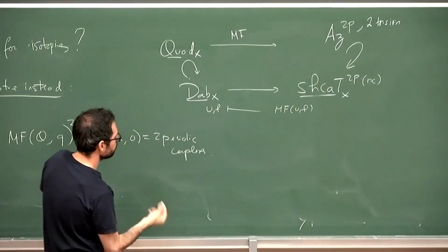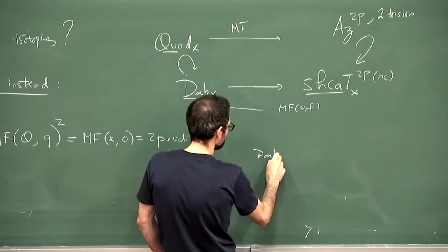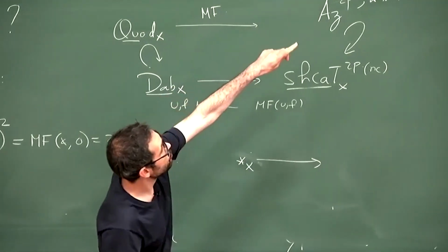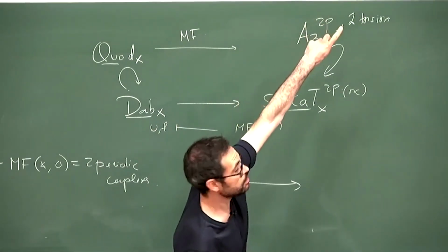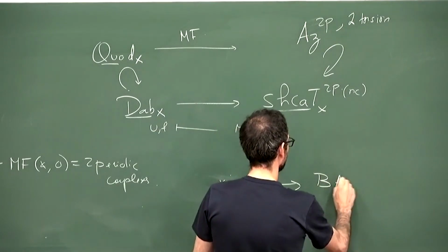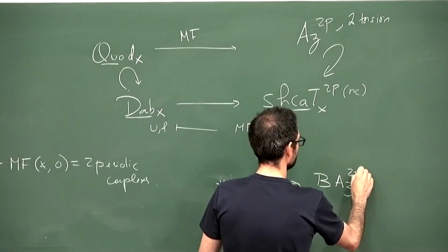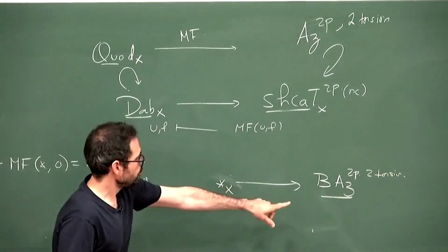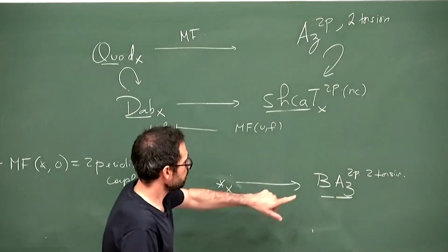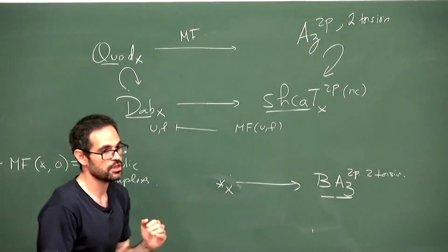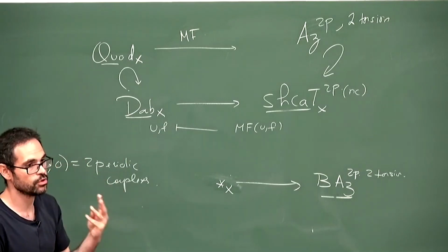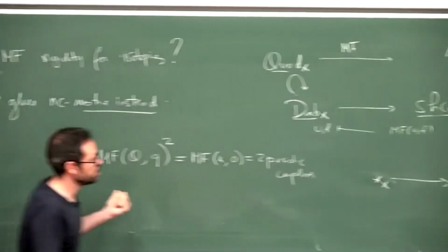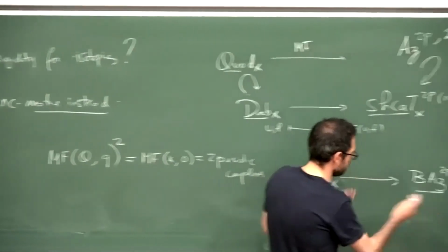But what is really going on behind the scenes now is that the orientation that you're going to get, before it was classified by B of the group that acted, and here it is classified again by B of the group that acts, 2 periodic, 2 torsion. So you have to compute the motivic groups of this stack, and you're going to see that because of the 2 torsion, everything stops in degree 3. You only have pi 1, pi 2, and pi 3, which are exactly the classes I described to you in the beginning. That's the origin of these three classes.